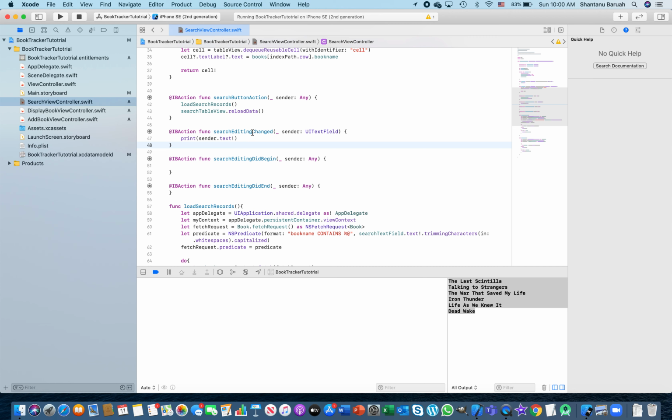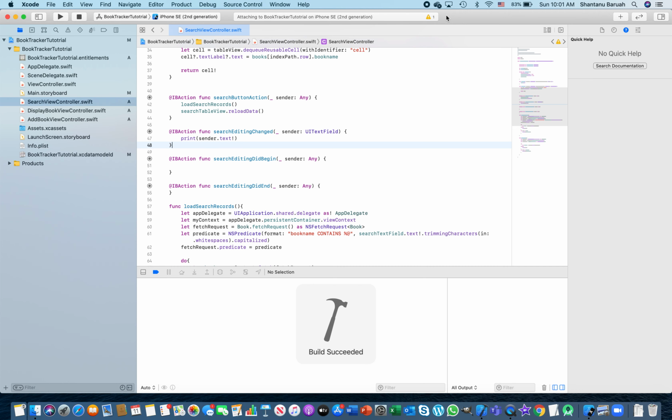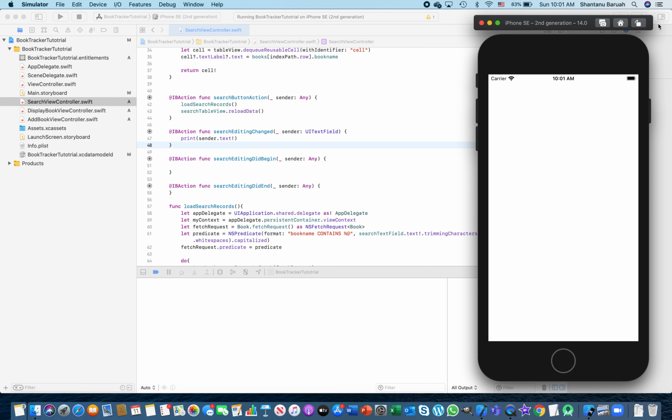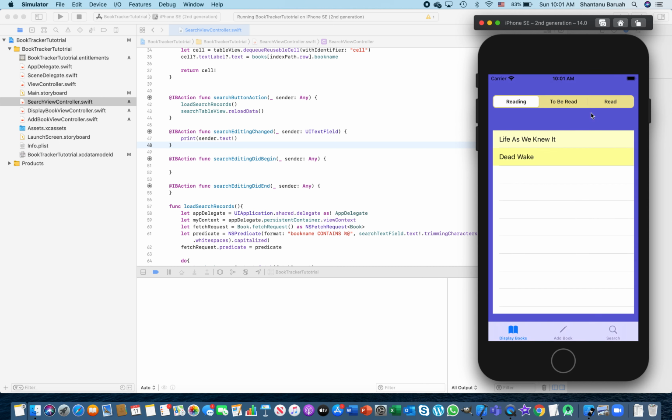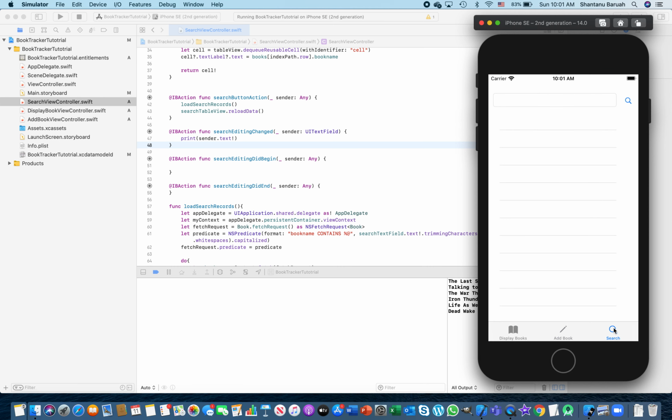Just try this out and see, just to get a hang of how it works. Remember, you have done this in the past, so it should be a breeze for you. We'll do it once again just to showcase part of it. So you come here, you go to search, and this is a text field now, and this is a search editing change. So when you go here,